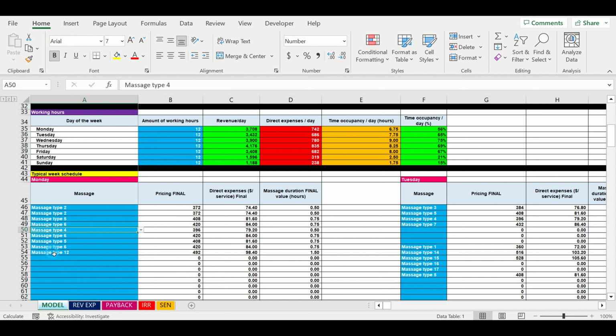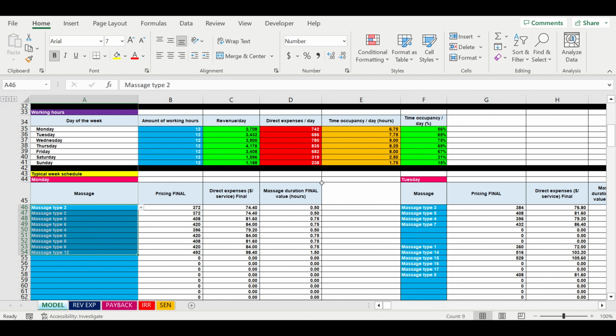So we can see when we are adding services for Monday, how the revenues are growing, direct expenses are growing, time occupancy is growing in hours and in percentages of working hours. And when we are specifying the inputs like this, we are thinking if this revenue for Monday is real. So when we do it another way,